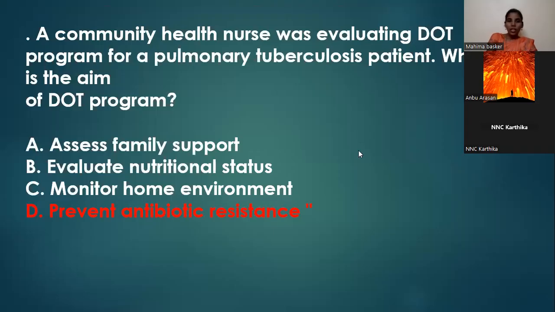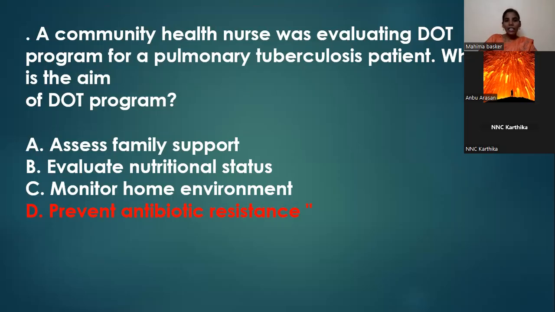Next question. A community health nurse was evaluating the DOTS program. I think we have already seen DOTS in the respiratory system. What is DOTS? It is Directly Observed Treatment, Short course. The S is for the short course. It is specifically for pulmonary tuberculosis patients. What is the aim of DOTS? Why are we doing the community health program DOTS? To